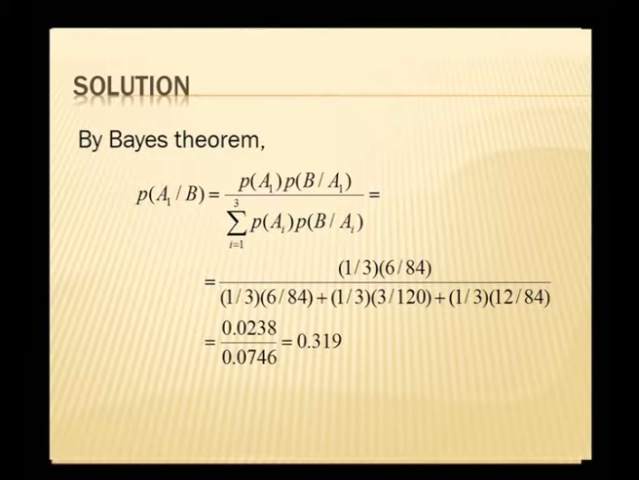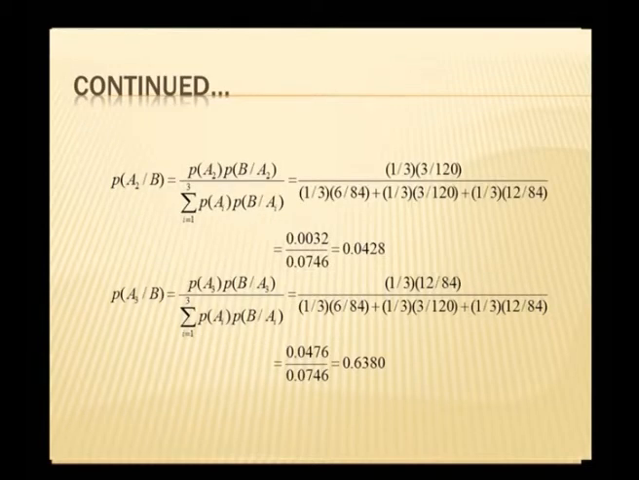So, this is an important application of Bayes probability. So, similarly, if we take the second case P of A2 by B, it is going to be P of A2 into P of B by A2, where the numerator is changing, but the denominator is same. Numerator we get 1 by 3 into 3 by 120, which is 0.003832, and for the denominator it is 0.0746. So, on simplifying, the required probability is